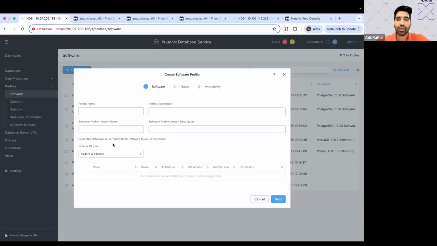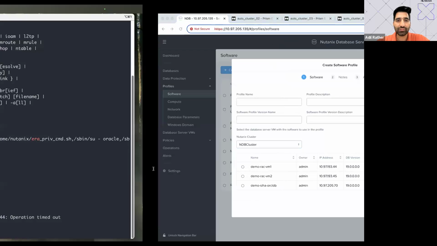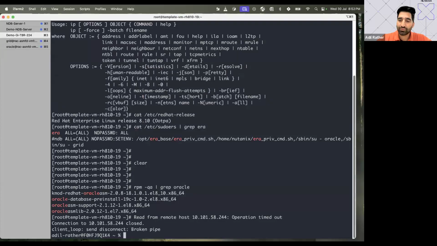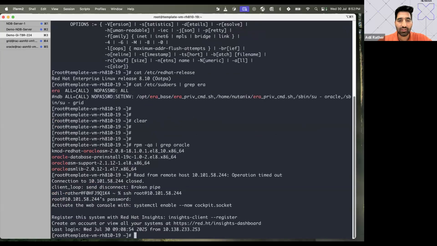And in order to create a profile, you need to have a gold image template. This template is basically created outside NDB. What you need to do is install the operating system of your choice and then the software that you need. So in my case, let's take an example of the same thing that I have just shown you. Now, this is my VM, which is outside NDB. As a one-time effort, I need to create a VM outside NDB, and then we can register this with NDB. So if you see on my screen,